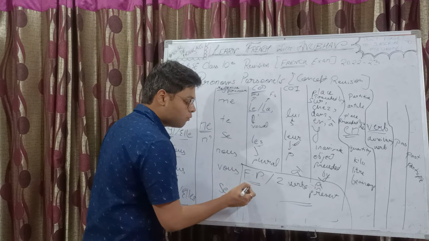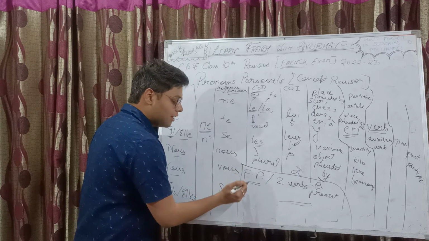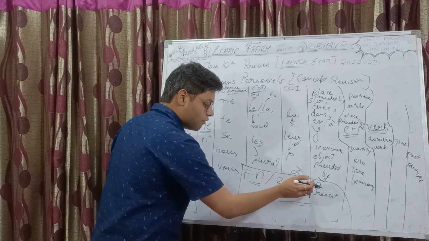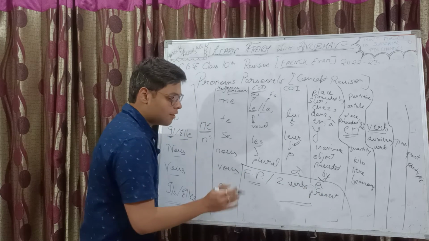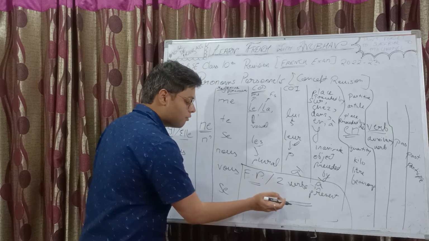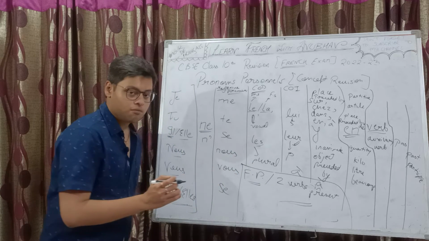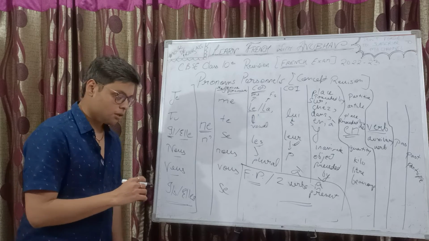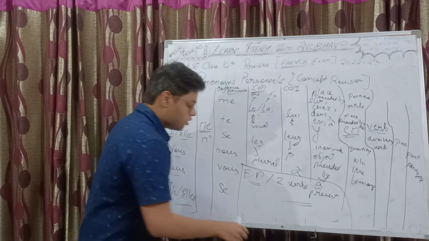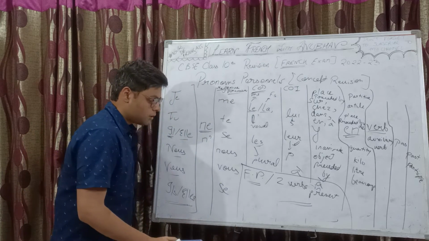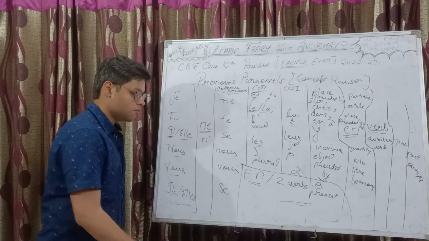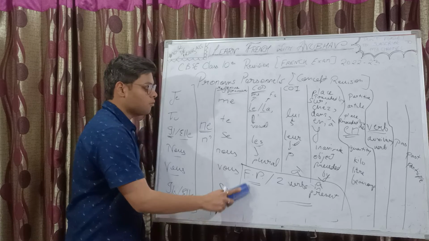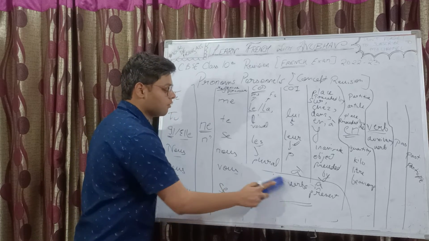We are not going to put the pronoun before the present tense conjugation of aller in case of futur proche, and when two verbs are there in the present tense together, we are not going to put the pronoun before the helping verb. We are going to put the pronoun before the main verb. This is one point where students may get confused, so I had to discuss this point. And there's another point that I want to discuss. Just wait.